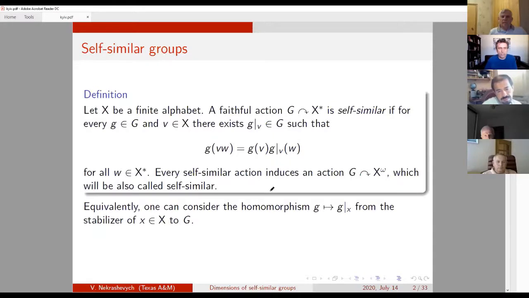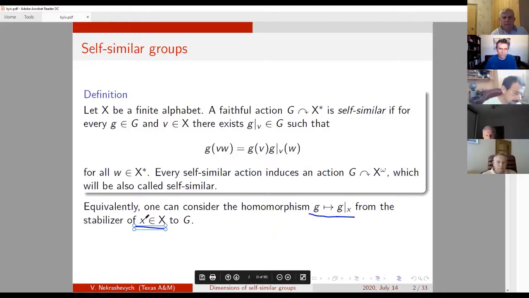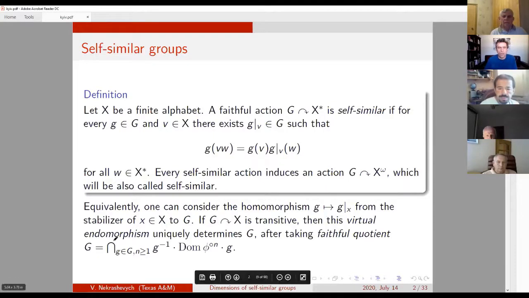An equivalent algebraic approach is to look just at one letter, to look at the stabilizer of this letter. Then this map, which describes the action on the tails from G to the new group element acting on the tail of words which start with X, will be a group homomorphism. And the stabilizer will be a subgroup of finite index. And if the action is transitive on X, then this homomorphism, which you call the virtual endomorphism, determines the action. And if we insist that the action is faithful, then the group G